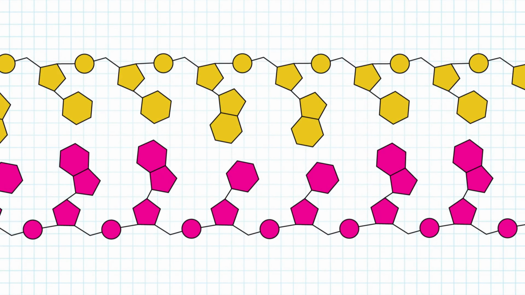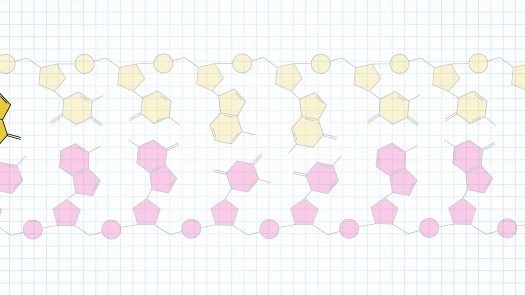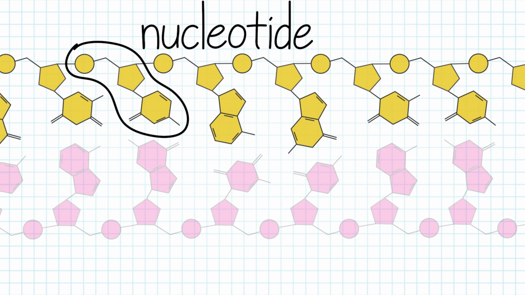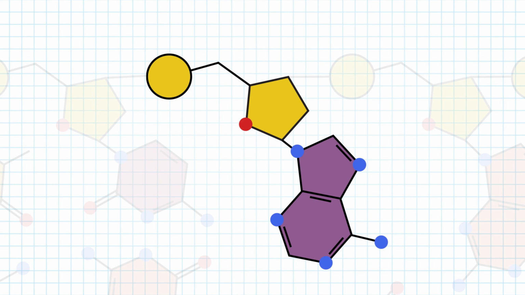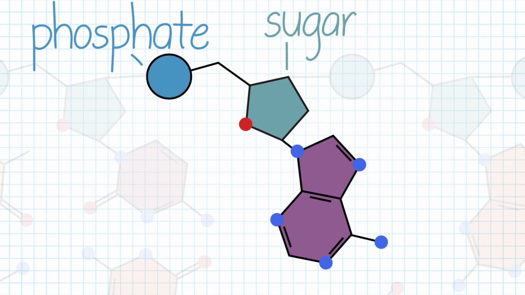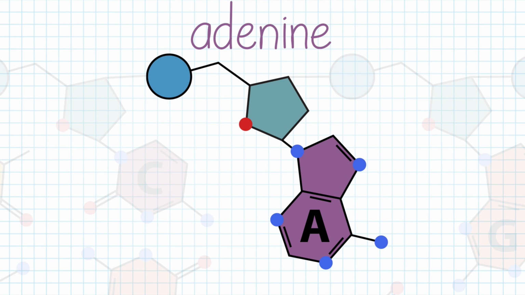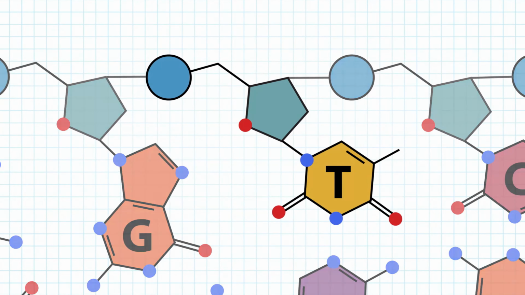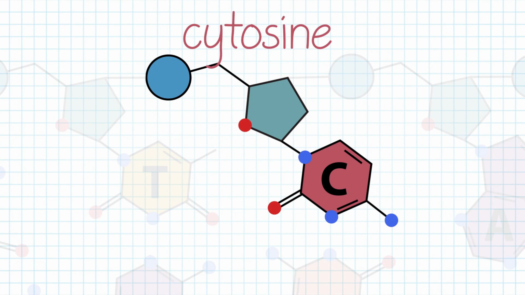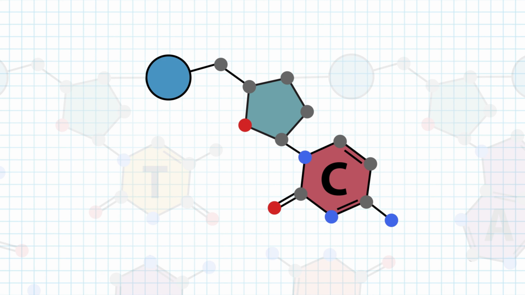Each strand is a polynucleotide, meaning the strand is made up of many individual units called nucleotides. A nucleotide has three components: the 5-carbon sugar, a phosphate group, and one of 4 possible nitrogenous bases: adenine, guanine, thymine, and cytosine. The nitrogenous base is always attached at the 1' carbon of the sugar. If we count from there, we can see that there is a phosphate between the 5' carbon of one sugar and the 3' carbon of the neighboring sugar.